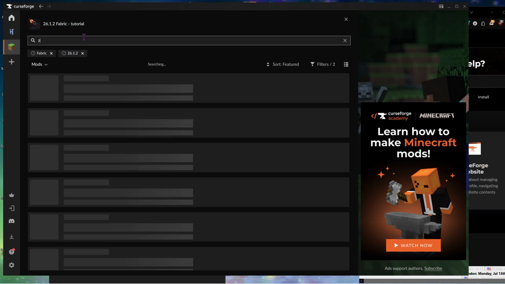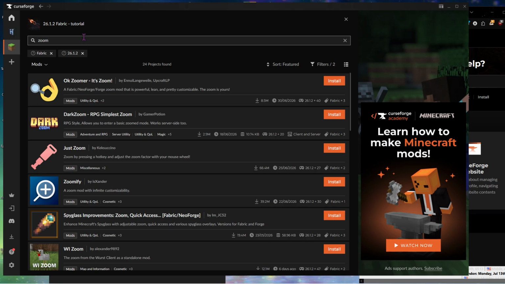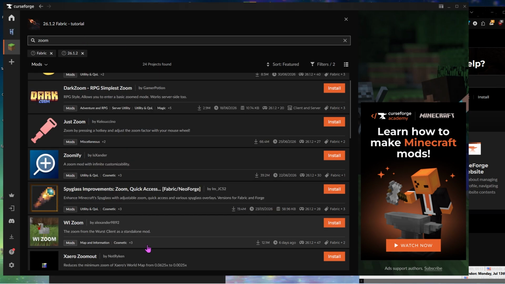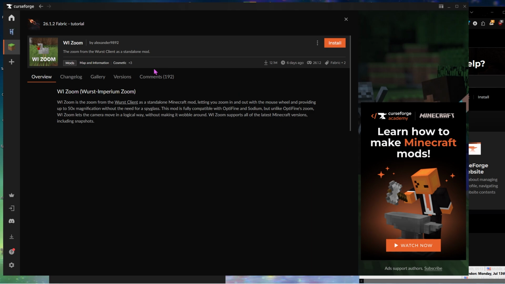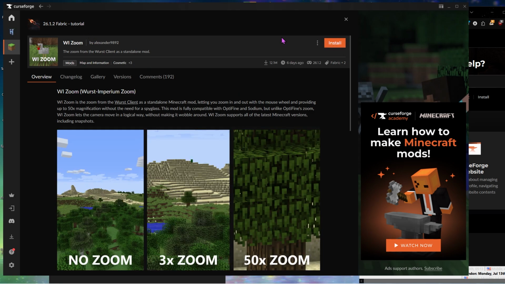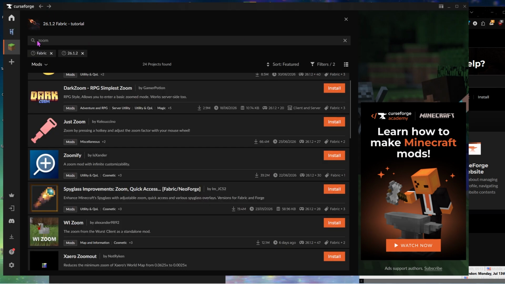So we can just type in our search term, so zoom. Okay, I would like to install this. I can click on this for more details if I do wish, and I can install them from this page, but in this case I'm just going to press the back button, and we can also just install from this page here. If I press install, we'll give it a moment. I'm going to go back to where we were by pressing the X.